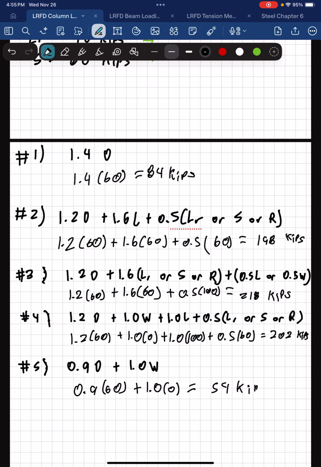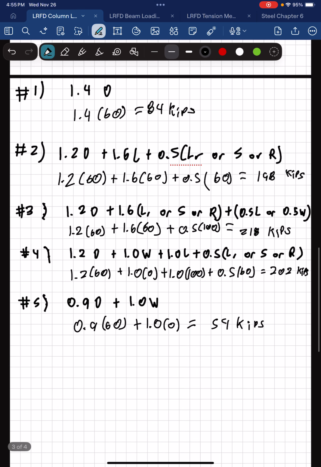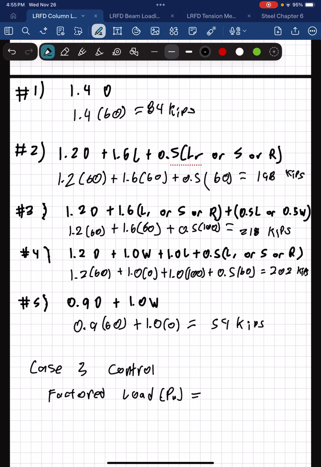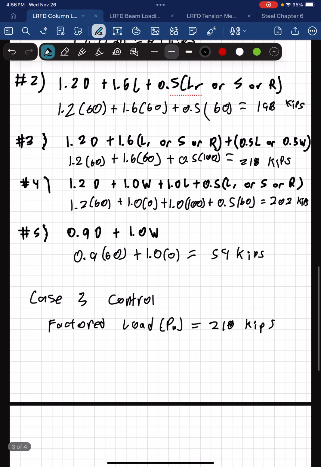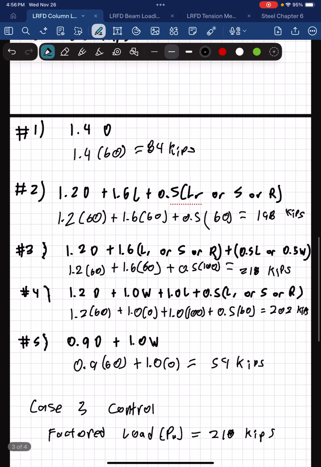So in this column that we were given, case 3 is going to control, and it's going to give us a factored load. In LRFD, this is going to be known as P sub U of 218 kips. All right, and that is really all there is to these problems. So pretty simple,